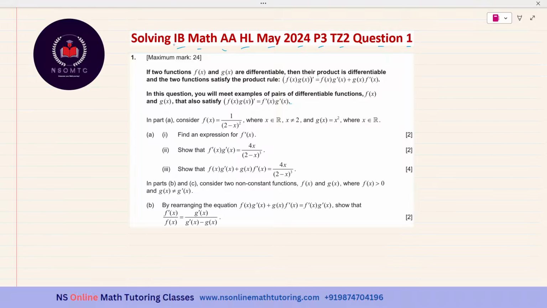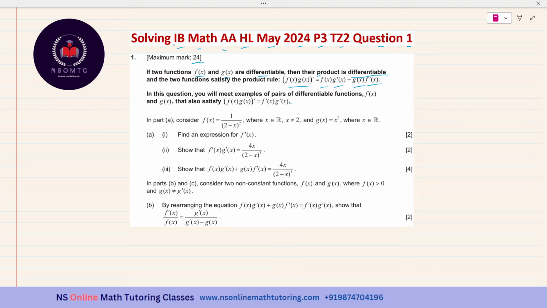So, without any further delay, let us start answering question number 1. The maximum mark is 24. If two functions f of x and g of x are differentiable, their product is differentiable, and the two functions satisfy the product rule: the first derivative of the product f of x times g of x is equal to f of x times the first derivative of g of x plus g of x times the first derivative of f of x, and the derivative is taken with respect